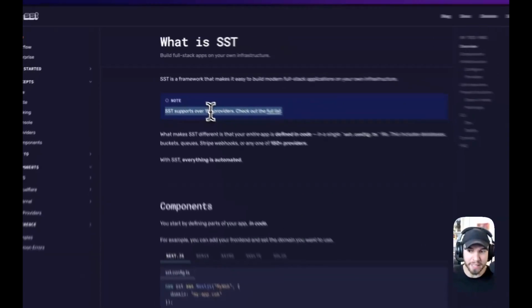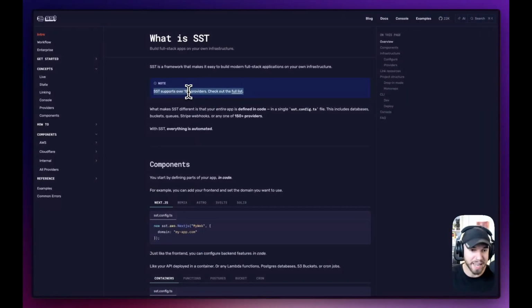The docs are amazing. Shout out to Dax and Jay. Jay actually spoke at one of my meetups recently. That's how I kind of learned more about SST. We'll talk about OpenNext a little bit afterwards. But to get started,